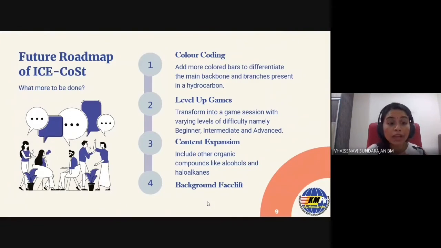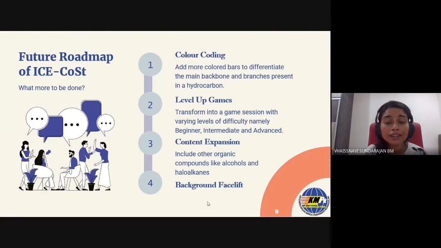Finally, where are we heading to? What more can be done with ICE-CoSt? Currently, we are at the improvisation stage, and this might lead us to the third cycle of our TSS, whereby we are looking forward to adding color codes which would differentiate the main backbone and branches present in a hydrocarbon. We are also looking forward to developing ICE-CoSt into a gaming app whereby it not only becomes more interactive, but